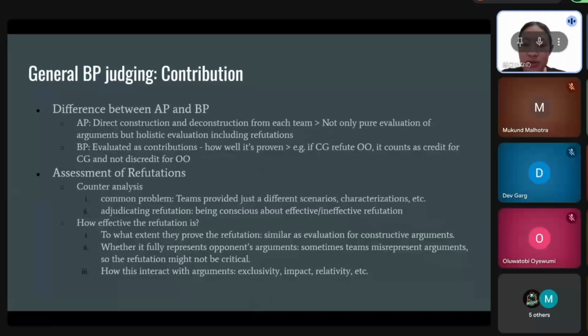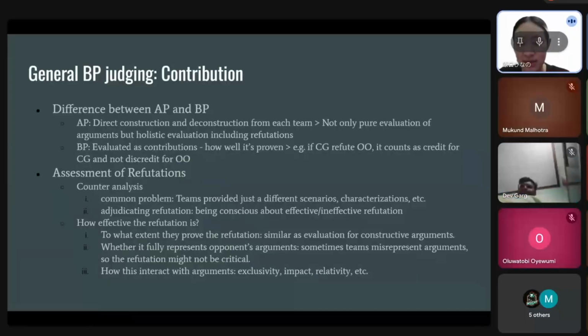Then, when it comes to judging the effectiveness of the refutation, I think there are several things. The first thing is to what extent they prove the refutation. I think this is going to be similar to the evaluation of a constructive argument, because refutation at the end of the day requires mechanisms, logic, or illustration. So I will just explain it later; you can imagine the same thing will apply to refutation as well when I explain understanding arguments. The second thing is whether it fully represents the opponent's arguments, because in rounds